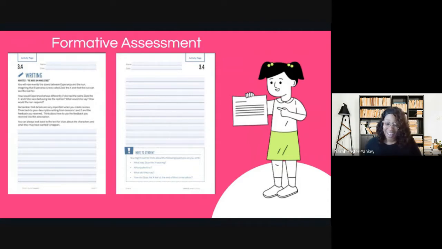Then after class, the teacher is going to collect those writer's journals, doing a lot of checking over student work for 3.1, making sure that they understand the difference between dialogue and action. On 3.3, she's going to read over their opinion statements and make sure that students have evidence to support their statement. And then for this activity page, the teacher is evaluating pieces for clarity, creativity, and detail, and making sure that it's showing how ZZ the X, not Esperanza, would feel and act towards the nun.